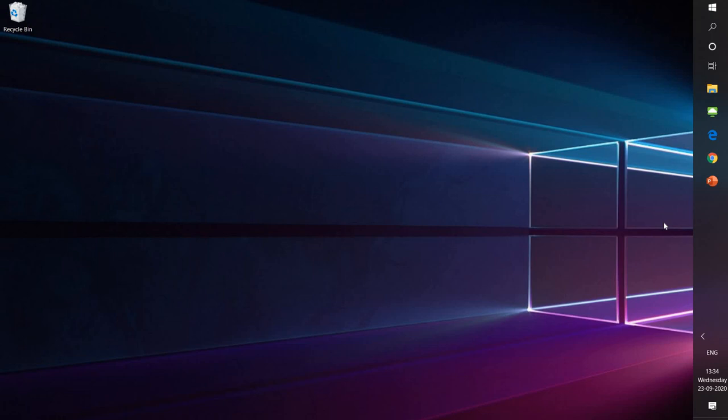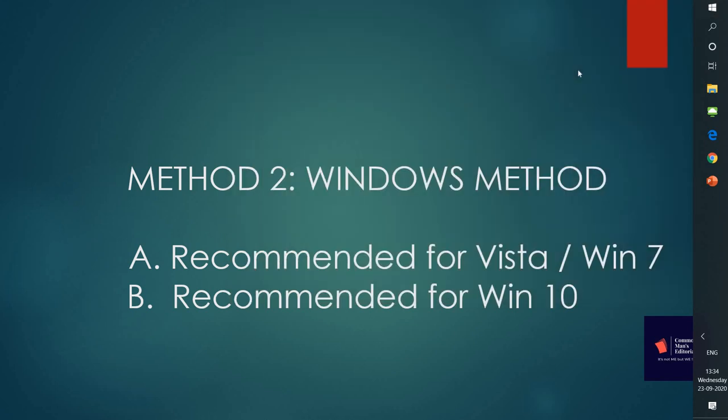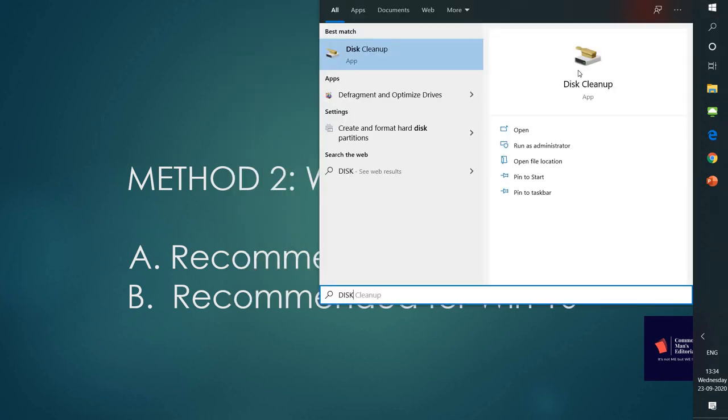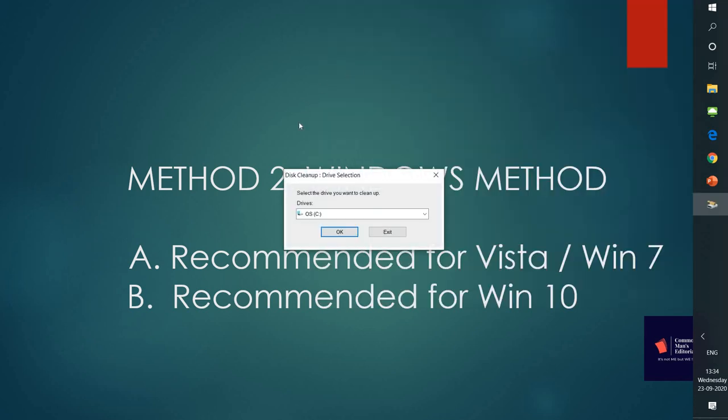Before going to this method, what we have to do is go to the start menu and type disk cleanup. As you can see, there is one app that is inbuilt within Windows. You can click on that. Once you click on that, you will see the list of drives in your system. OS is installed in my C drive, then volume E, volume F. However many drives you have partitioned your original hard disk into, all those drives will be shown over here. Let me select any one drive and click OK.